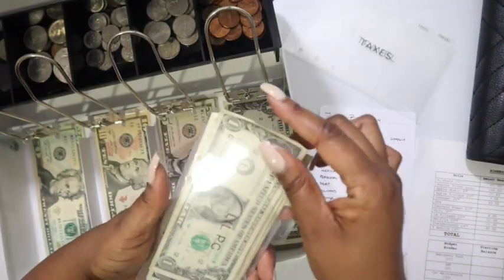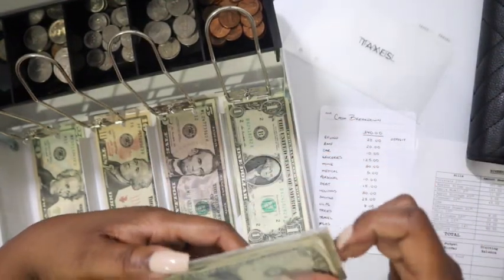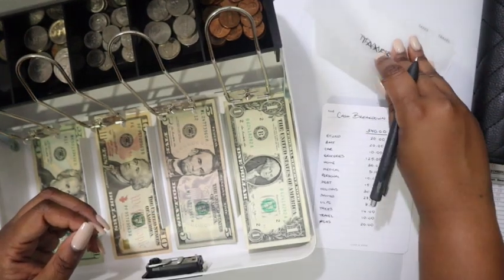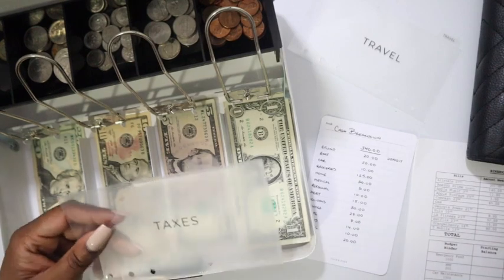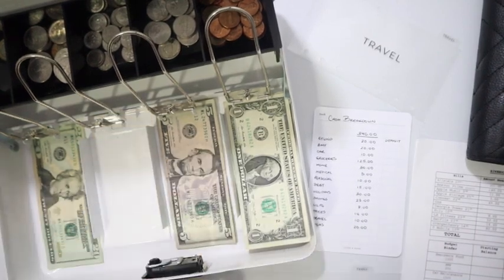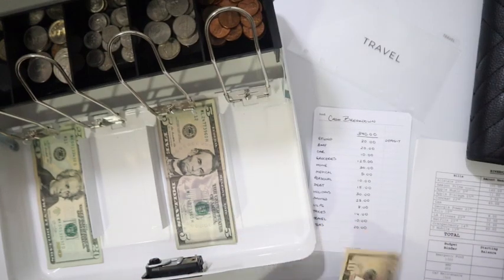I thought about changing out some of the bills, but I'm going to just leave the singles in there in case I need them next time. I mean, not much to report. Taxes, getting 14. I'm just not enthused. Anyway,